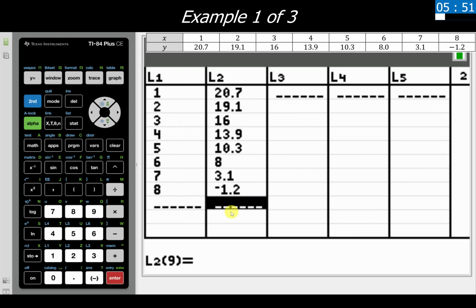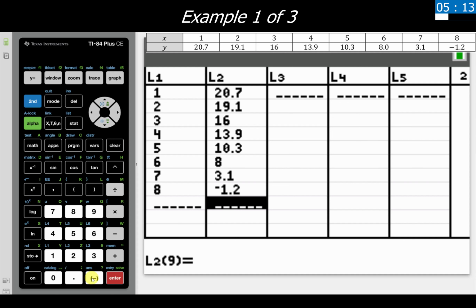A big warning if you are entering in negatives here, do not hit this subtraction sign on the side. That tells the calculator subtract something from something else. We are entering in a negative number and we instead want to hit this negative button right here at the very bottom. This is our negative sign. We're not using the subtraction sign, we're using the negative sign. The reason we have to do that is because the calculator is dumb and it doesn't know the difference between just a negative sign and a subtraction sign. So we need to be extra clear with it for that.